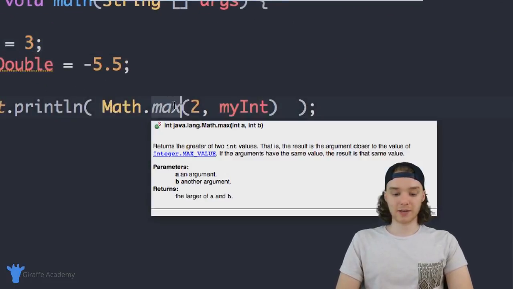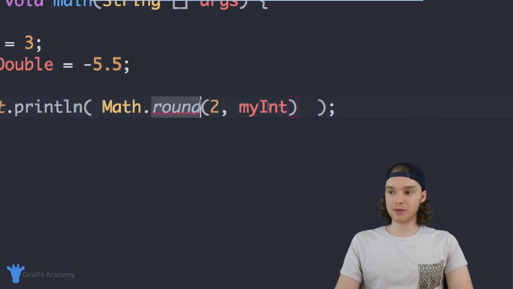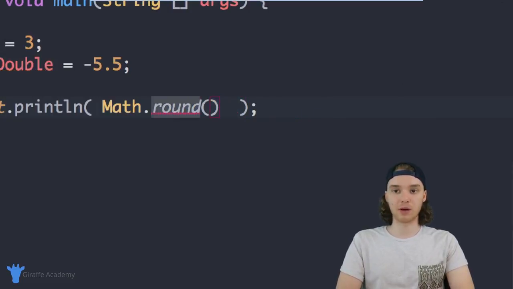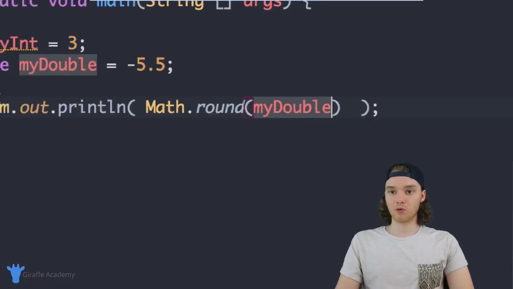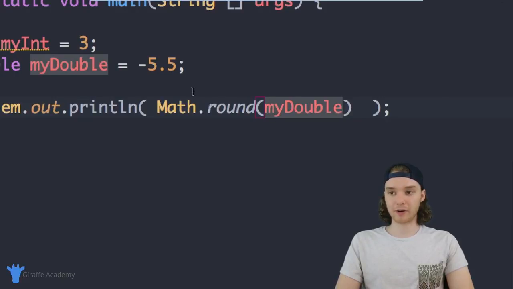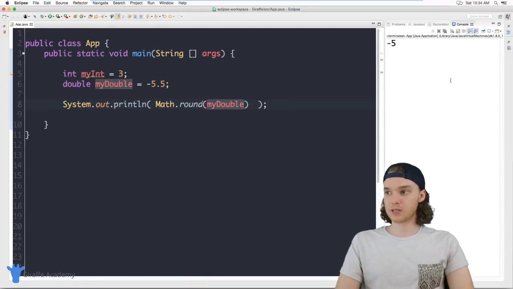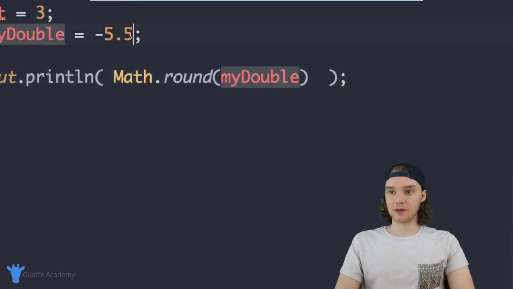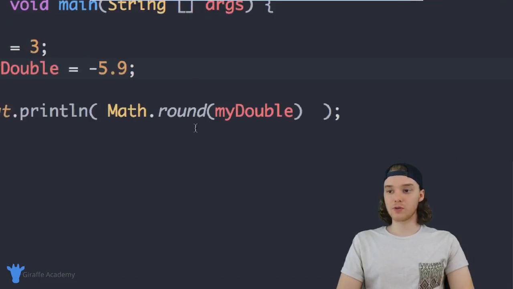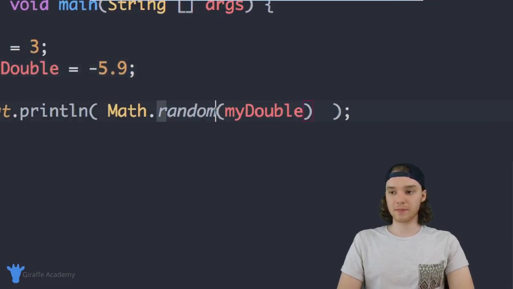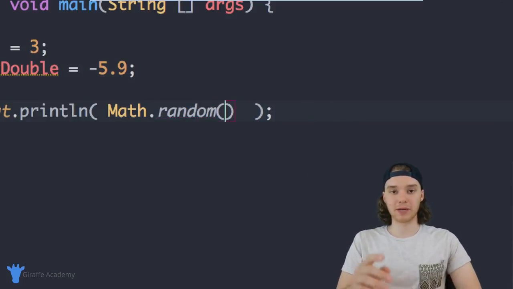There's a couple more I want to show you guys. Another one we can use is round, and round is basically going to take a decimal number and it's going to round it. So I could pass in my double, and this will round my double using normal rounding rules. So let's run this. You'll see we get -5. So it's actually rounded the number down. And you can put any number you want in here. So for example, I could put like 5.9, and Java's gonna go ahead and round it up. Another useful method is called random. And basically what this is gonna do is it's gonna spit out a random number between 0.0